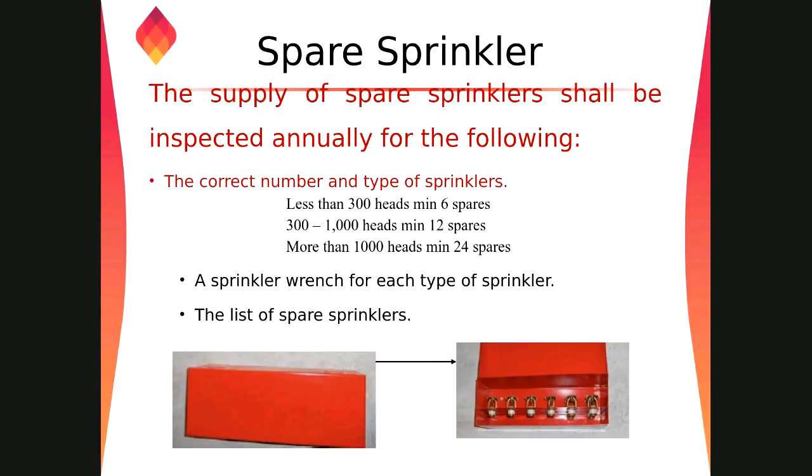The idea is that if there is a fire and sprinklers are damaged, maybe 5, 6, 7, those sprinklers need to be replaced, right? Immediately after the fire is gone, you close the main control valve, discharge the water, replace the sprinklers, and put the system back into service. So if you are inspecting a site, make sure that they have included this kind of arrangement at the site. And from time to time, the inspection team will check this kind of requirement.